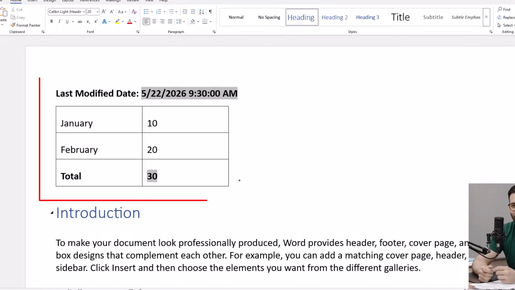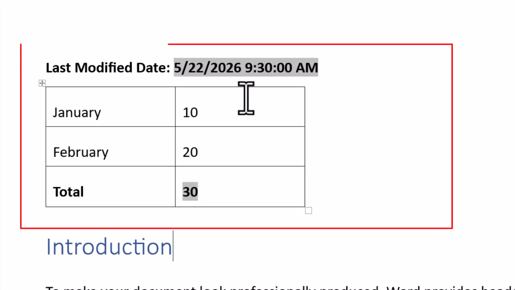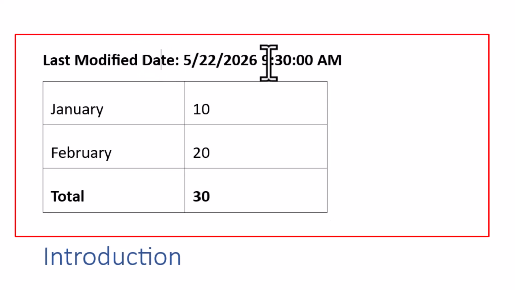Today, you will learn how to convert these fields into normal plain text in Microsoft Word so they stop updating